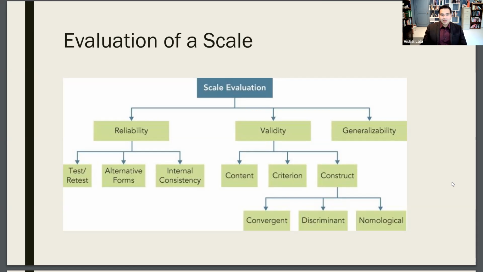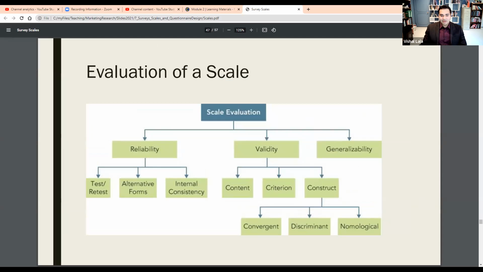Consider an example. Here is a scale that I'll read off the items to you. This was a scale that,